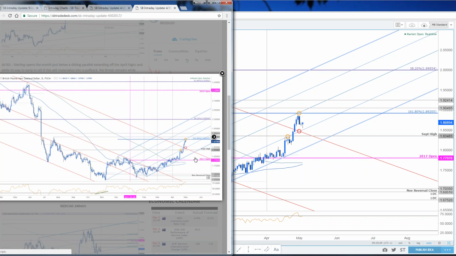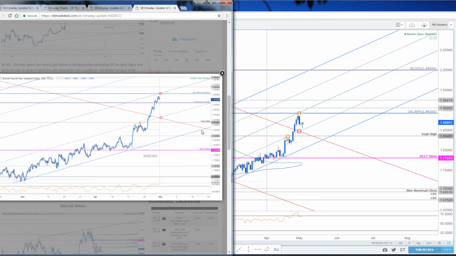189.20 was the level of interest. We turned just ahead of it. We didn't quite get that high before reversal, and we did highlight this in the webinars about the reversal and the fact that we pulled back pretty abruptly. Here's what the intraday chart looked like earlier in the week,